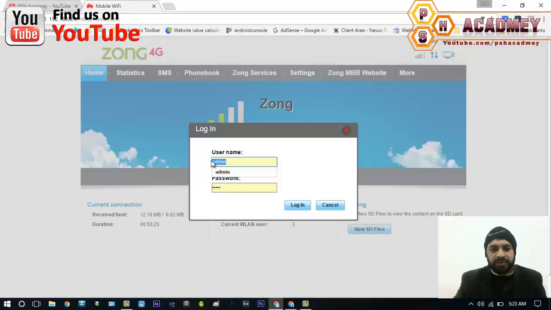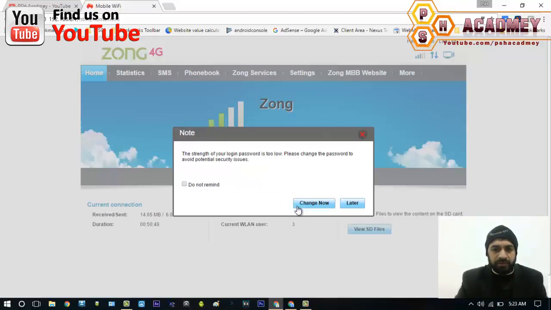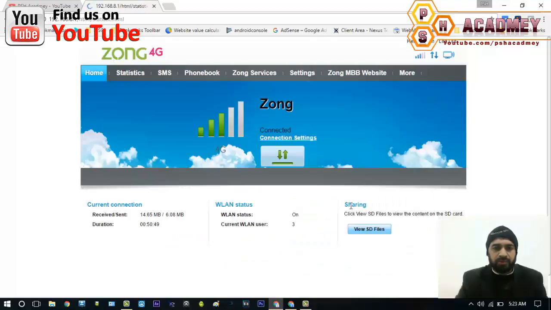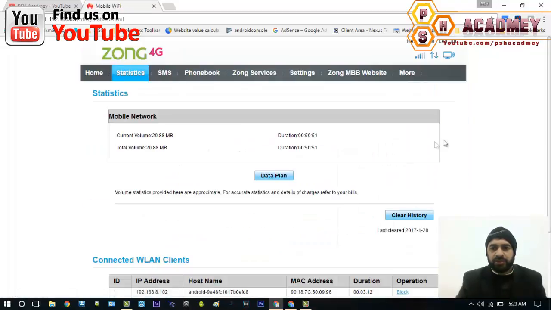By default the username and password is admin. If you have changed the username and password, you have to use your own. I have the same username and password, so I will access my modem or my Wi-Fi device, as you can see.